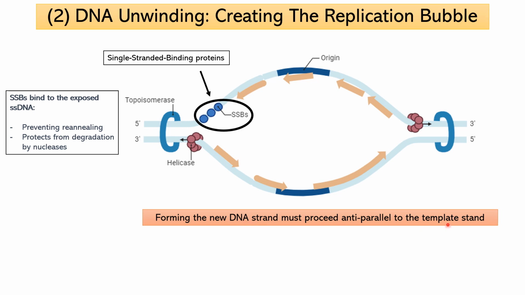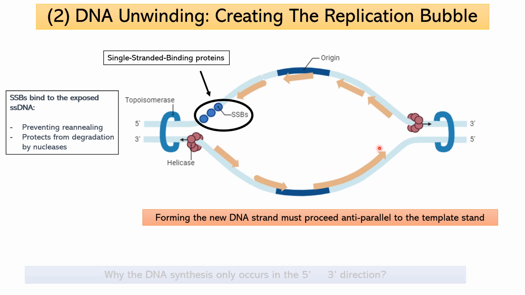to the template. So this template moves from the 5 direction to the 3 prime. Therefore, the synthesis of the new strand will be in the opposite direction, so the 5 prime to the 3 prime. It's going to be in that way. And the same thing for the bottom template. The bottom template also is going to be on the opposite side. So this is 5 prime to 3 prime. So here it's going to be the 5 prime on the new